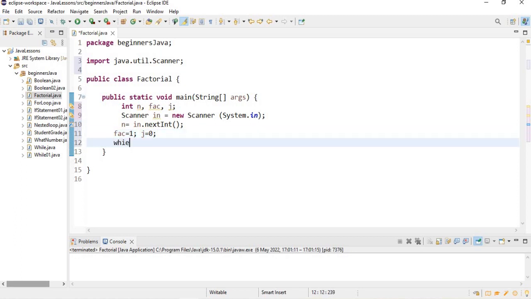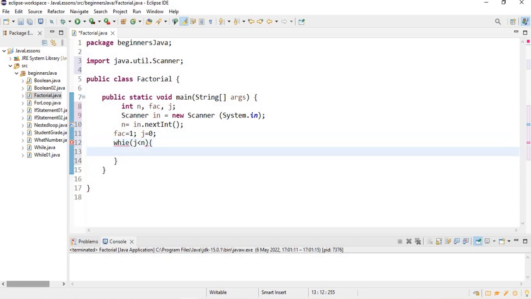So in while, this is the control now. j shouldn't be less than n. That means actually the factorial number shouldn't be less than 0. And when it meets that criteria, we're going to have a progression, increase j by 1, okay, and also multiply the factorial by,